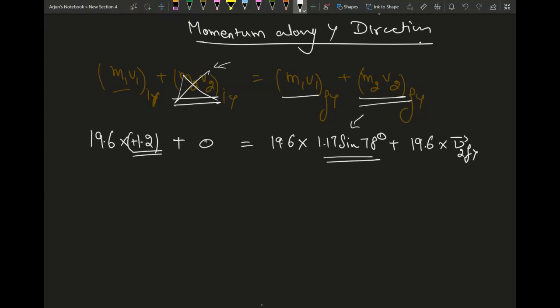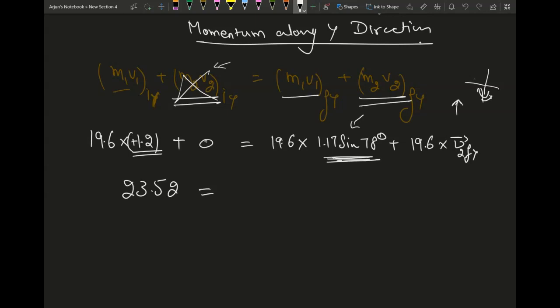This is a positive number because it is moving up in the north direction. If it was moving somewhere in the downward south direction, I would have taken this as a negative number. So 19.6 multiplied by 1.2, which is equal to 23.52, equal to, on the other side, I will see